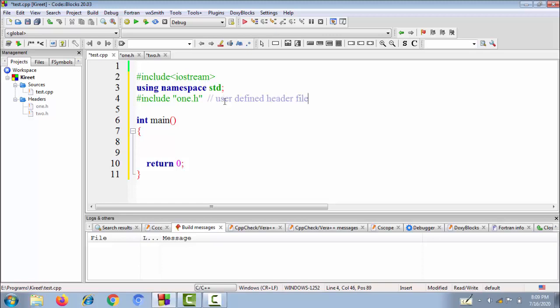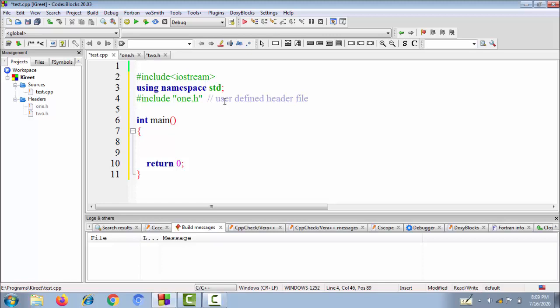So if a user is creating a header file, and creating all the identifiers, variables or functions inside this header file, then we have to include this header file into our source file, so that all these functions, variables and identifiers are available to our source file. So we'll not write angular brackets. Angular brackets are for the standard library.